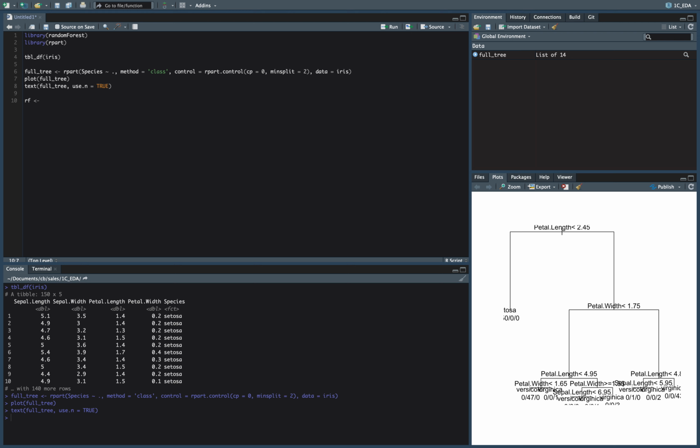Random forest is awesome. I mean, it's just so easy. Okay, so we'll do randomForest. We're going to say, how does species depend on the rest of the variables in there? You can specify and put plus signs in between if you want, but this is pretty easy, right? For this one, we'll put importance is equal to